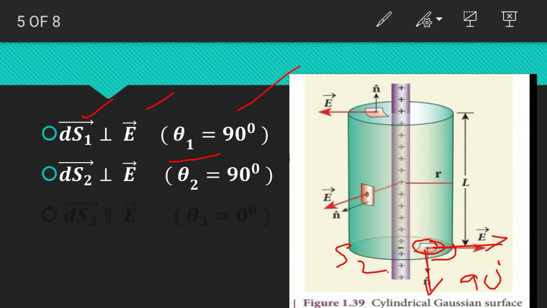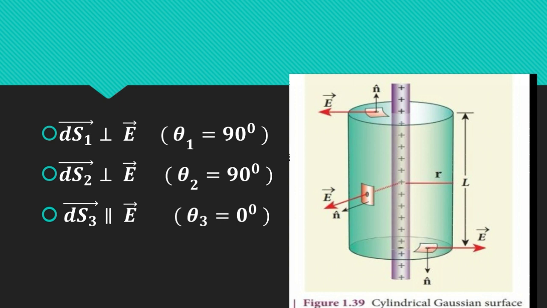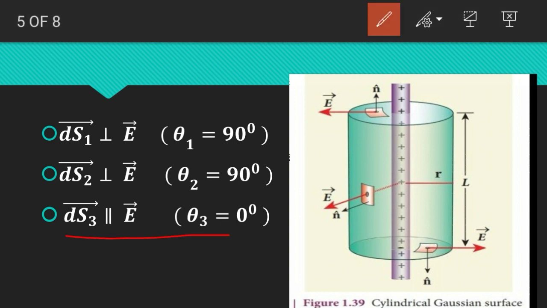So choose any surface element on this surface, that is S3. Name it as ds3. If you choose this surface element, then the perpendicular to it will be in this direction, and the electric field is always directed along this direction, right? So the angle between them is almost parallel, that's why the angle between them is 0 degrees, right? I will call it theta 3, that is the angle between ds3 and E. That is theta 3, and theta 3 is equal to 0 degrees, right?